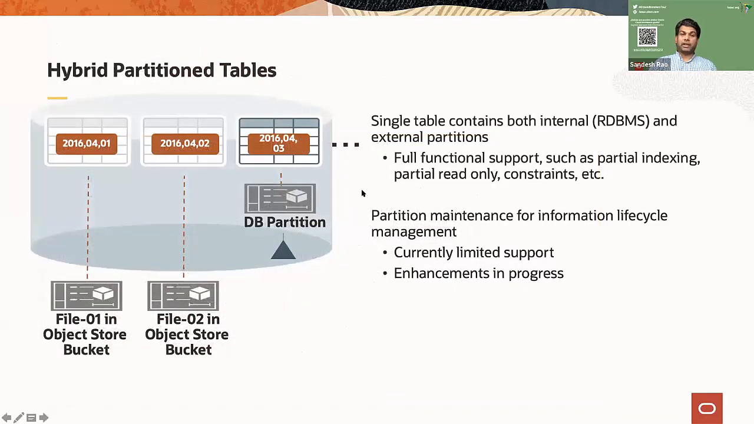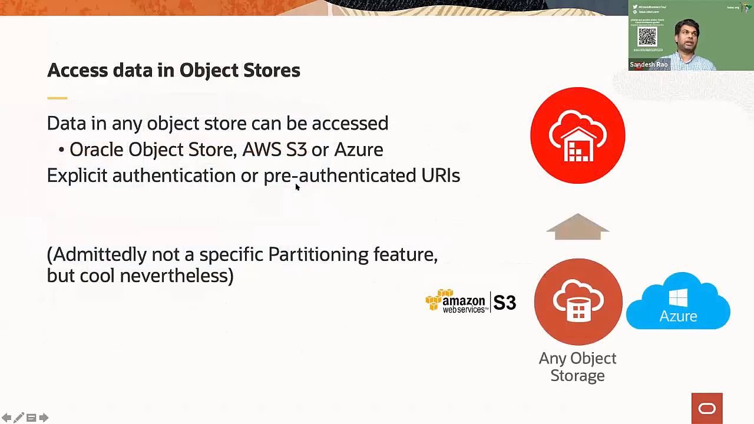You can do the same thing with a mix and match. So I have files here, but I also have a DB partition here. In this case, these files can be anywhere in the Oracle Object Store, in S3 or in Azure, and you can use either explicit authentication or something called pre-authenticated URIs, which I call PARs, which are URLs that you create, and once you create these credentials, you can share them with